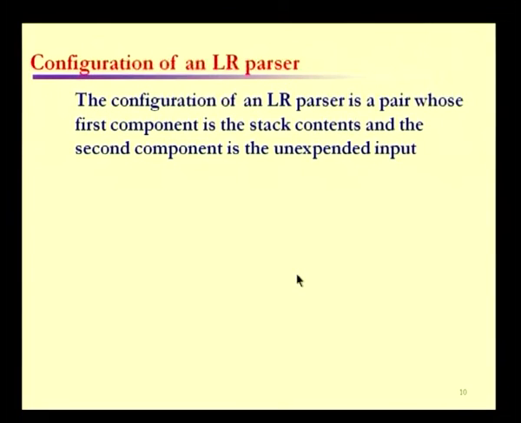And when you look at the parsing table, that is configuration. So, the configuration of an LR parser is actually defined as two components. One is whatever is on the entire stack, and the other one is whatever is on the entire buffer. The stack normally has a combination of grammar symbols, whereas the buffer is going to have only the terminal symbols from the input. So, if you combine these two as a pair, then we call it the configuration of the